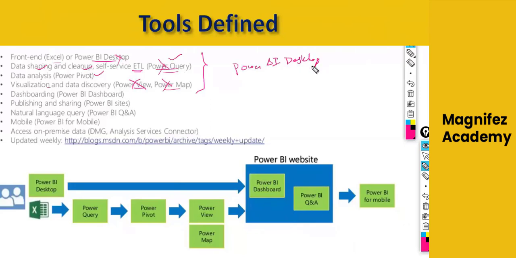Okay, but behind the scenes, these are the technologies playing the important role, which was part of your Excel plugins earlier. Then you can build a dashboard, publish it to the Power BI service or Power BI site, and then ask natural questions. That means "top 3 sales show me." Simply typing here, you are not writing any SQL query, and you are getting the top 3 sales within a few seconds or milliseconds. That means with the help of natural query language, you are able to fetch the data.